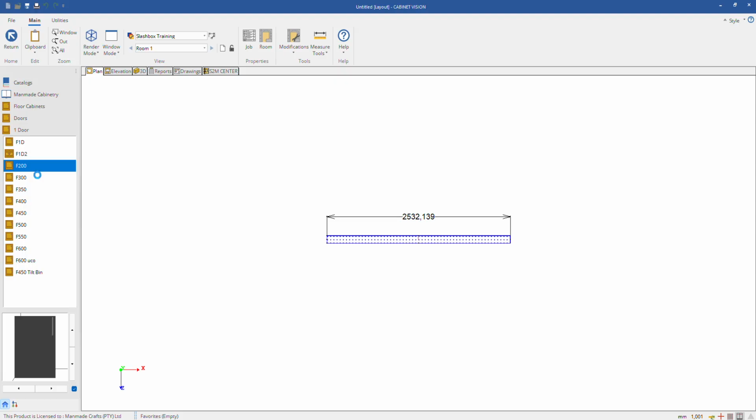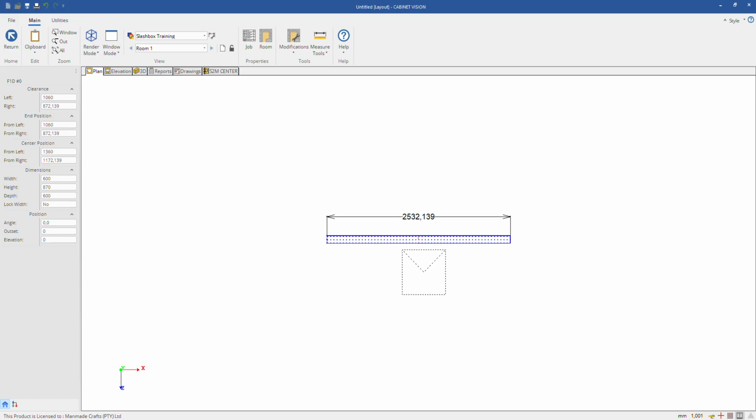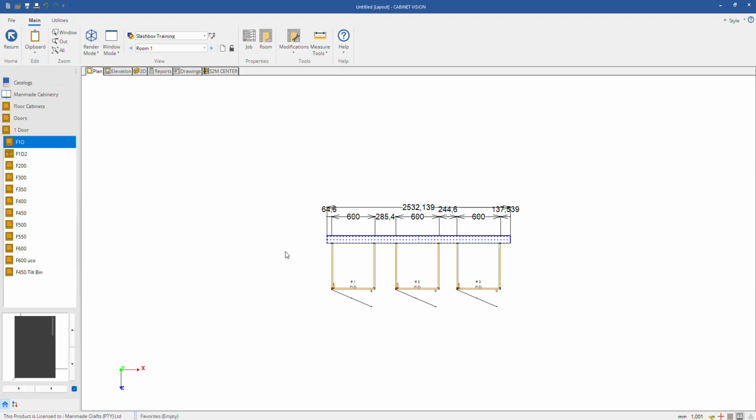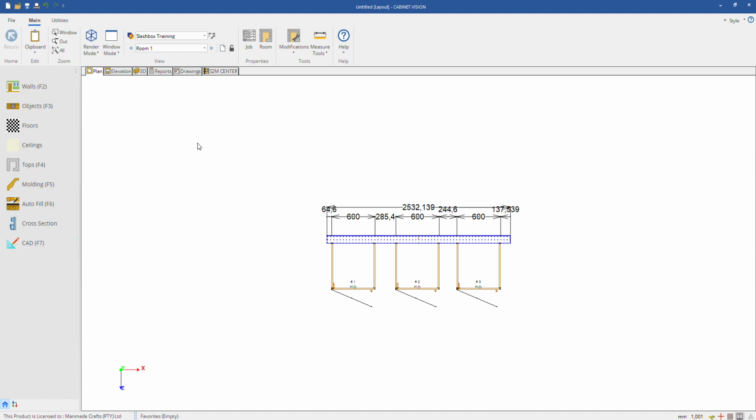As soon as I select the unit, it'll give me a little preview here at the bottom. I'm going to select this one, hold it in, drag it, release. It gives me a snapping point. I'm going to place it, and I'm going to place another one there, and another one there. Right click to drop the cabinet so you don't place another one, and then you can start doing